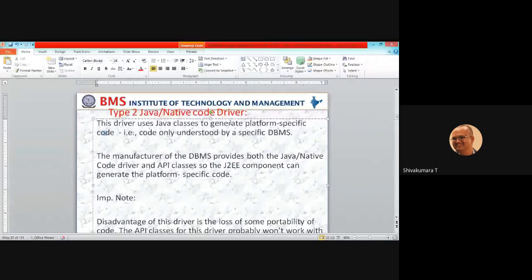So Java is flexible, Java is portable, Java is robust. Why is Java called robust? It is because it will adjust accordingly with respect to the platform it is going to interact with. So here the Java native code driver will do the same. Depending on the DBMS type, it is going to convert it into platform specific code. So such kinds of drivers can be used.